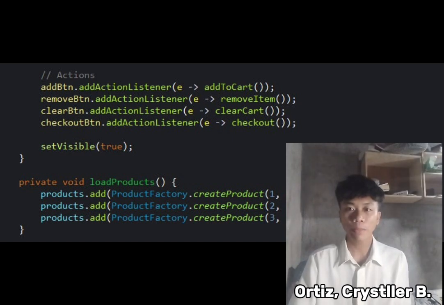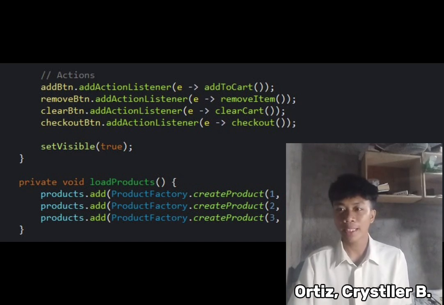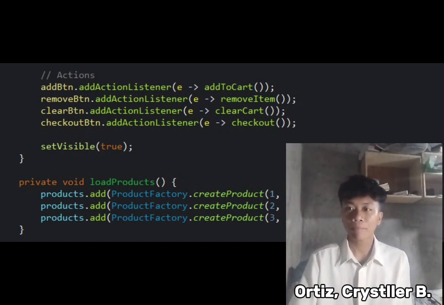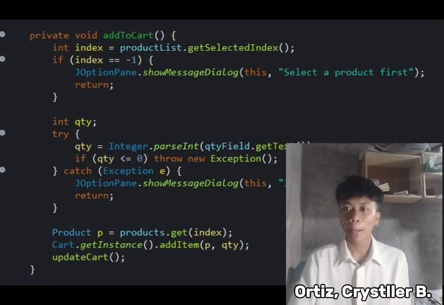Here we have loadProducts for default values, for example Coke as a beverage with the amount of 20 pesos, also Pepsi as a beverage, and chips. That's for our loadProducts. Here in addToCart,